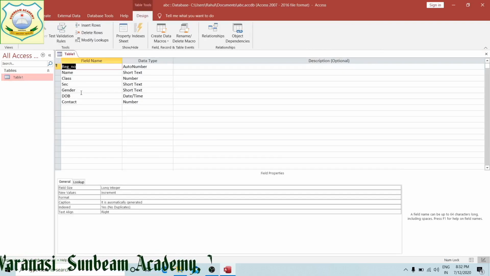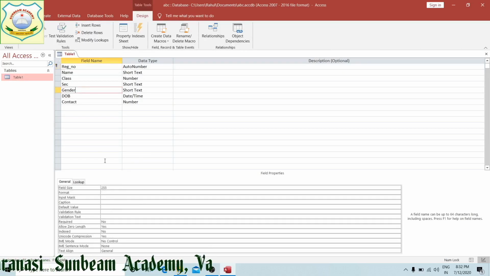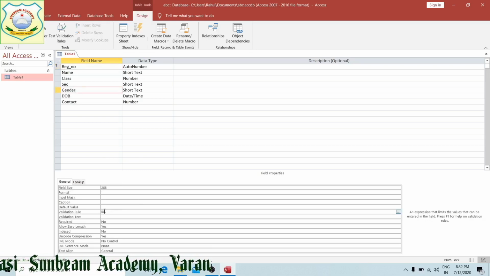Now suppose gender, its validation rule I am going to give, like, I have written male operator or female, right? I have given male or female.